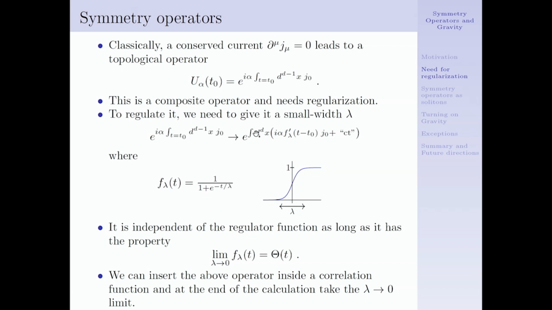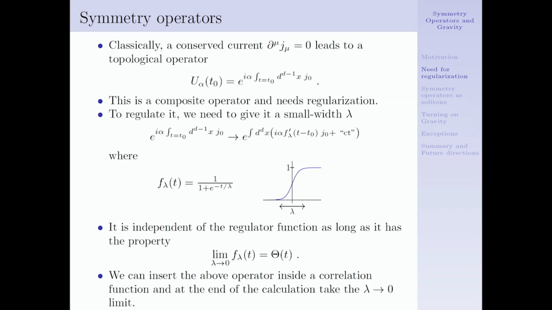We're going to give it a small width, and instead of integrating J0 along the surface t equals t0, we're going to integrate along the whole spacetime with a bump function. So here you can think of the usual definition as the integral of J0 along the whole spacetime with a delta function that localizes the integral along t equals t0. So we're going to replace the delta function, which is singular,